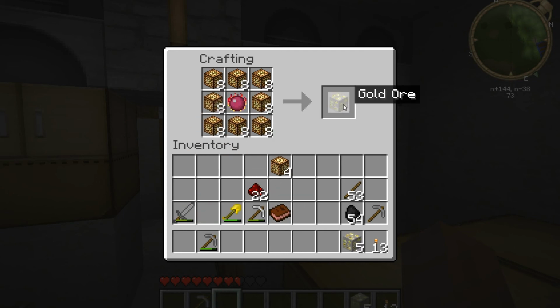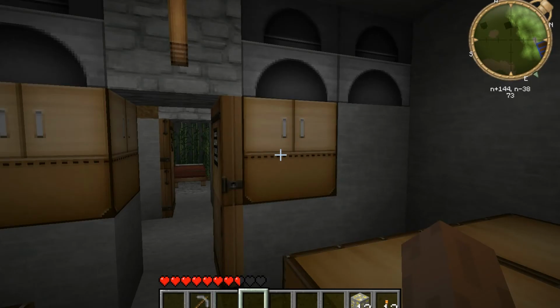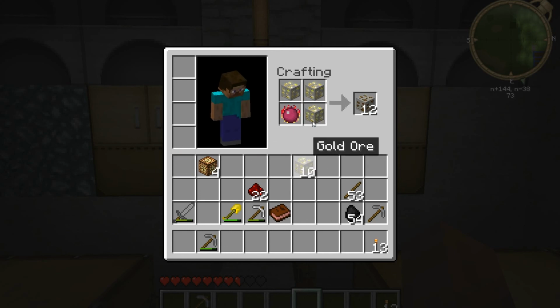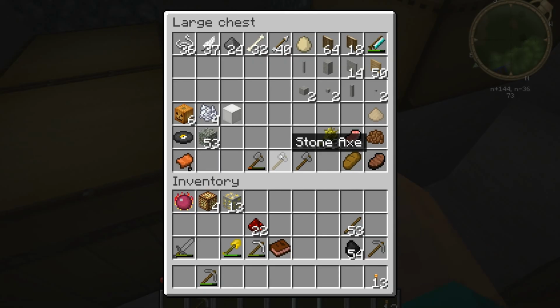We got 13 gold ores. No, normally you would just... Okay, let's make... Actually, we need the big one now. Okay, let's make diamond. But don't do that. Don't do that. If you have what I have,